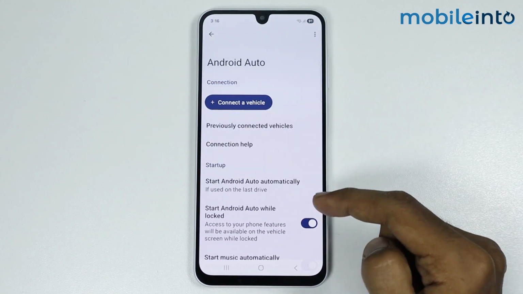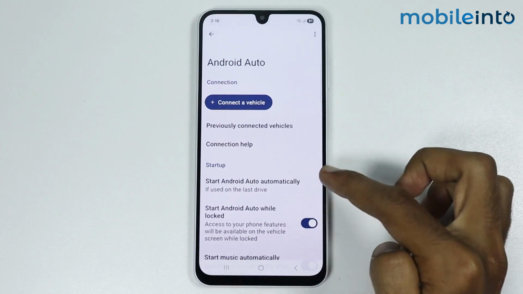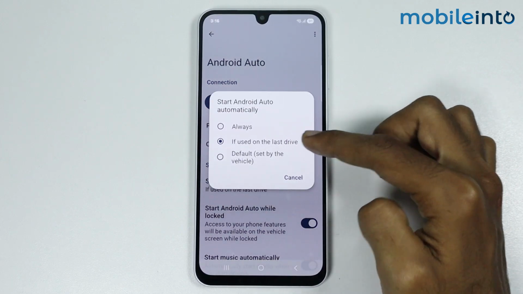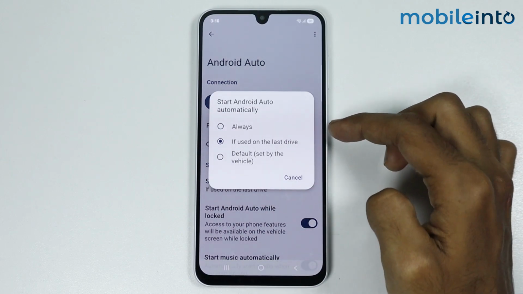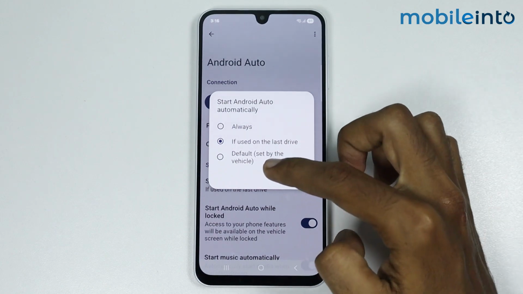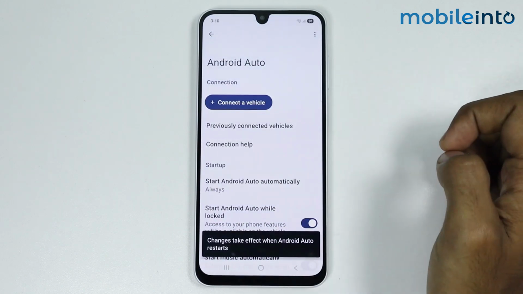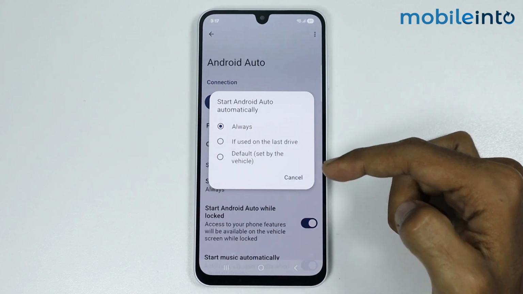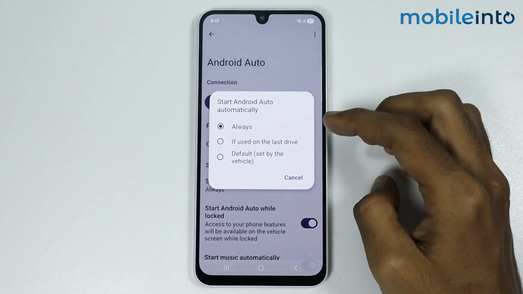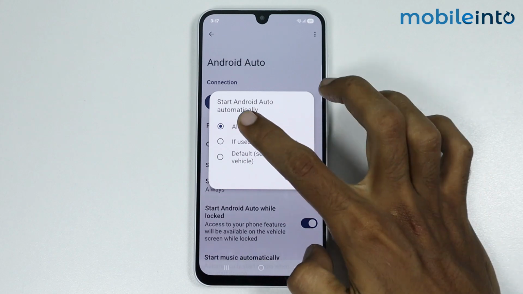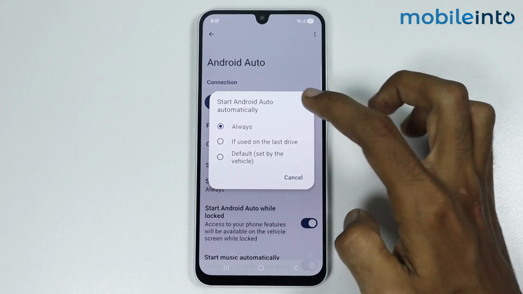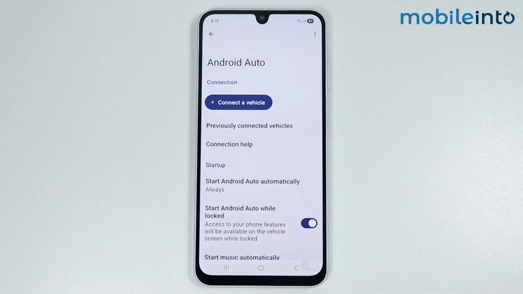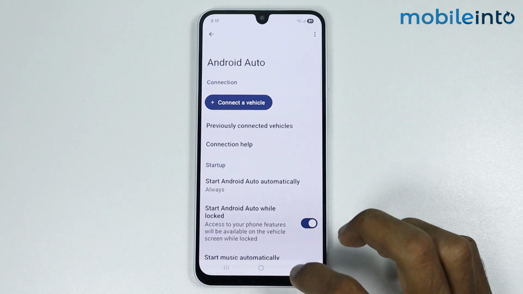Now on this page, just tap on Start Android Auto automatically. Now instead of "If used on the last drive," just select Always or Default. If it is on Always, select Default and check if it fixes your issue. Or if it is on Default, select Always and check if this fixes your issue. Now, if this did not fix your issue, just go back,